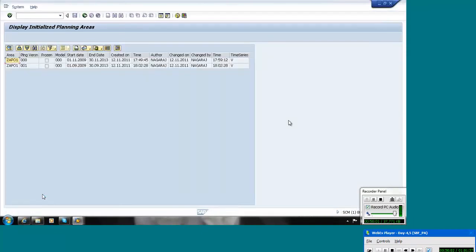Now you can see, you have two types of planning versions, two types of time series here. So whenever you are doing the planning, you can select whatever version you want to do. And there is a program to copy the data from one version to another version also. Whenever the differentiation of the versions is required, I will explain it to you. Like in the master forecast profile, we have to give the version, and when you are loading the data, we have to give the version. So at that time I will explain if we have both different versions.